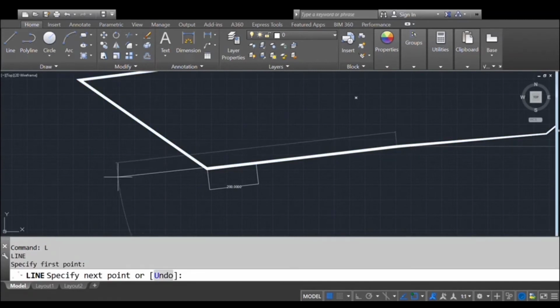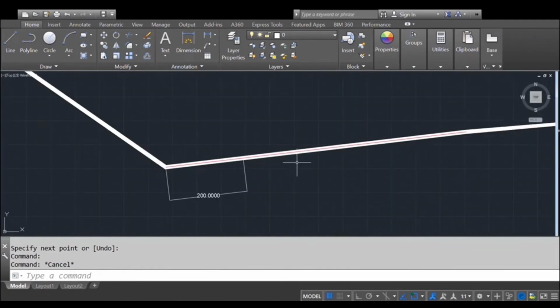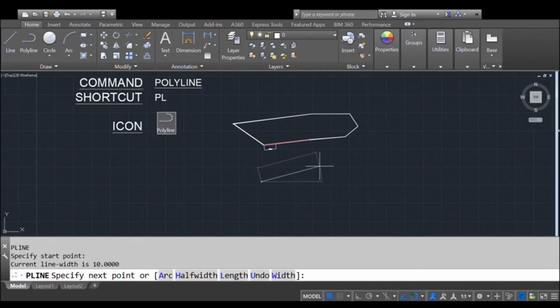Now we are going to check the line. I am just going to highlight this line, which I had extended, in some other color. If you highlight it in another color, you can see clearly that the line is drawn exactly on the center axis. You can see here.